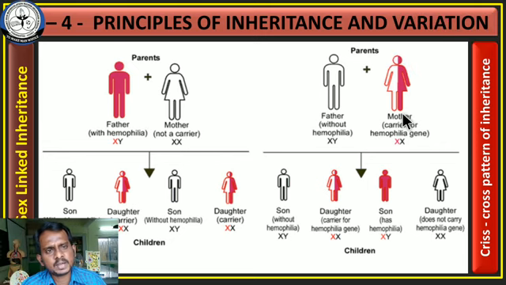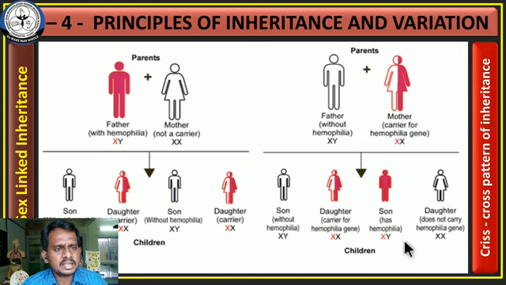And see one more offspring. This is generation 1, the first generation. This carrier daughter marries a normal man. The child born to them is a carrier, that means the individual which possesses an affected gene, the hemophilic gene. She is normal, and the father is normal. If these two marry, what is the offspring? A son without hemophilia, XY, and one daughter again acts as a carrier of